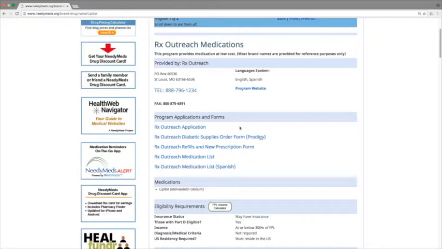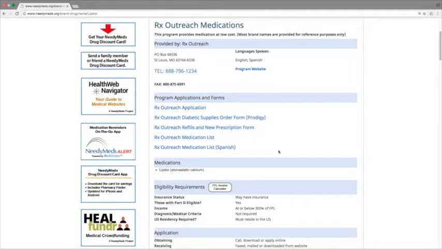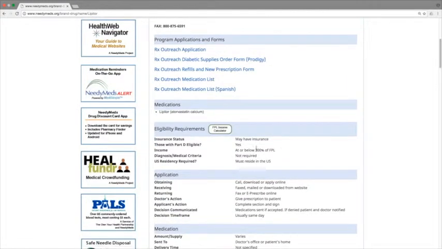Next is the application section. Almost all PAPs will offer an active PDF link for their application, which means you can complete it online and print it out for your convenience. Each PAP also lists an eligibility section, and that's exactly what you think it is. It lets you know who is eligible to be a recipient of this PAP. Now, as I mentioned in the beginning, although eligibility does vary from program to program, it is almost always based on 2 things: